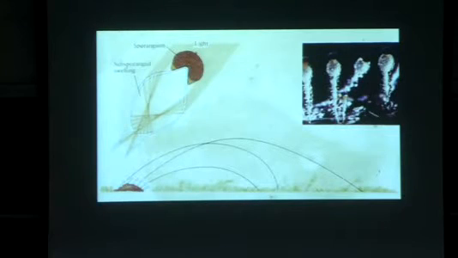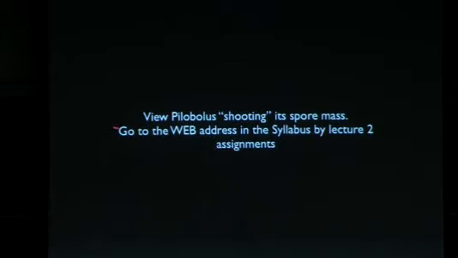Here is the pilobolus, the structure which is phototropic. Here is the dung, and the light is coming from this direction over here. The spores are discharged as a result of the swollen mass. And by the way, this swollen mass is very unique because it focuses the light. It acts as a lens. And to remind you, this web address for looking at the shooting off of the spore mass is given to you in your notes,